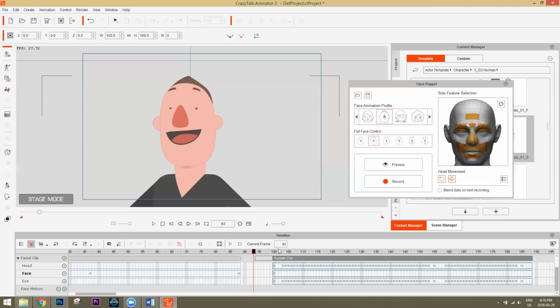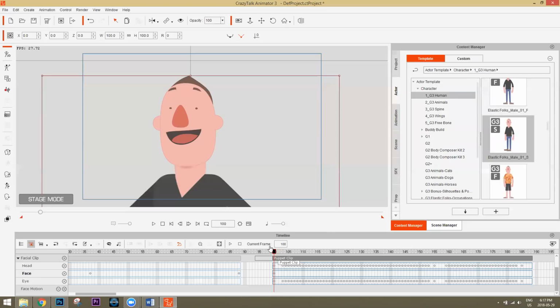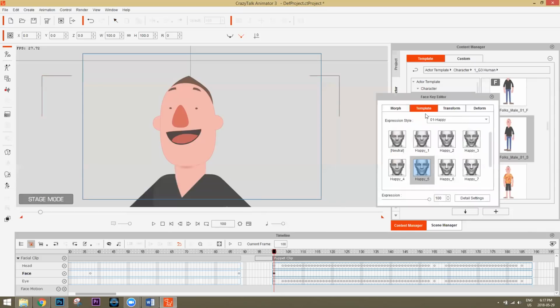If I wanted my character, like in the previous example I showed you, he was listening to the vendor try to explain how you need to find inner peace or something like that. Obviously he wouldn't have this expression, he'd have more of a perplexed expression. So I would select the first keyframe here, go to the face key editor, and under template use something like the sad one, like this.